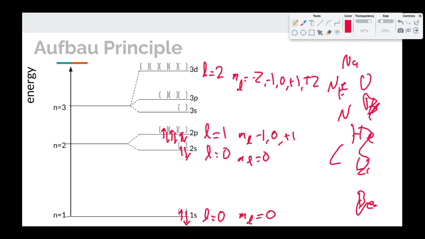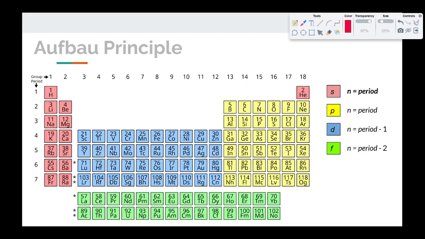Now as we continue to add more shells, there continue to be more subshells per shell, and things start to get really crowded. And so this is probably a pretty good place to stop this energy diagram and move to another way of thinking about the aufbau principle in atoms. So on the periodic table, there are some patterns here. And when these interpretations of the orbitals and the shells and the subshells started to come out, chemists latched onto this right away because they looked at their periodic table and they're like, we already have these patterns.